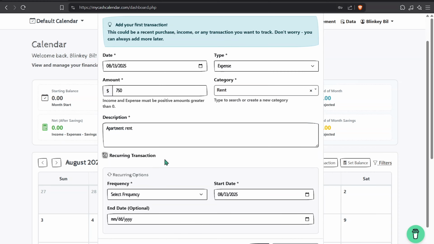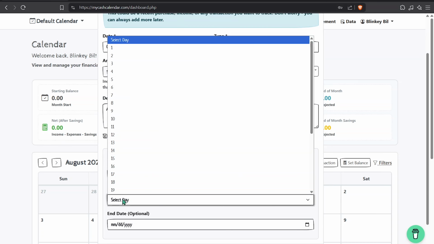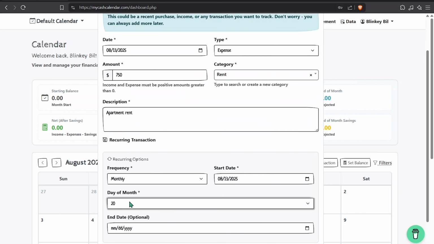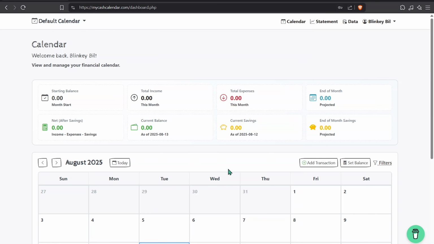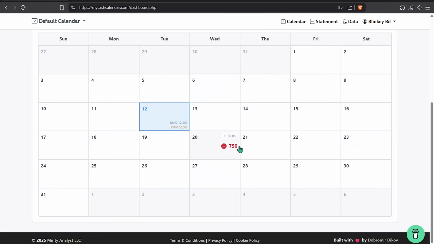and I'm gonna make it a recurring transaction. Wanted to repeat monthly starting from today. It's gonna be on the 20th day of the month, and no end date. Add transaction, and it's gonna create this transaction that you can see here that it immediately shows up on the